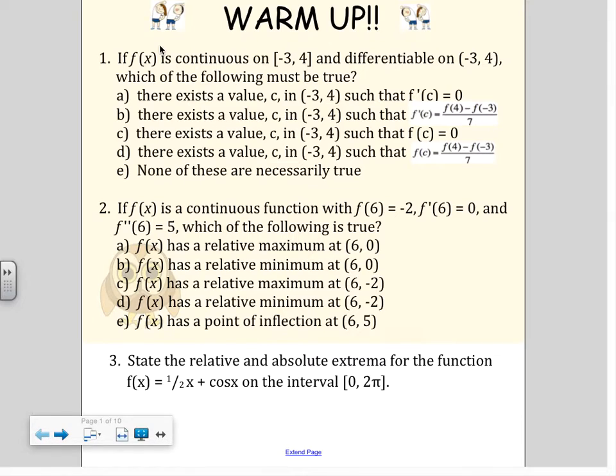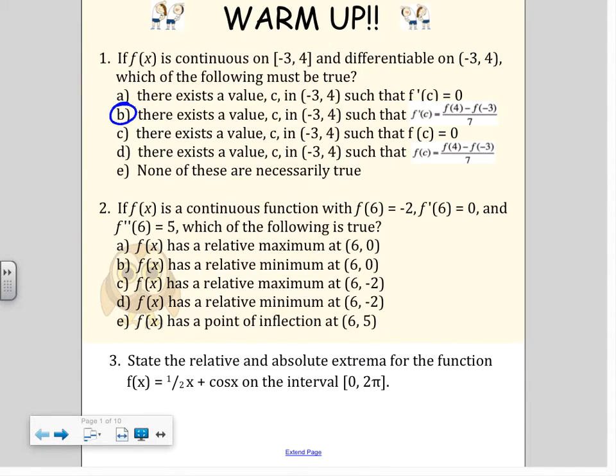All right, so going over the answers, the first question: if f is continuous on the closed interval -3 to 4, differentiable on the open interval -3 to 4, which of the following must be true? Well, continuous on the closed and differentiable on the open to me just yells out mean value theorem, right? So what we know from the mean value theorem is that the slope of the tangent has to equal the slope of the secant at least one value c in that open interval,